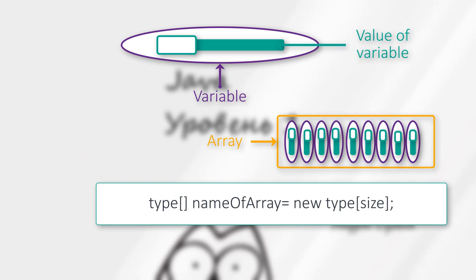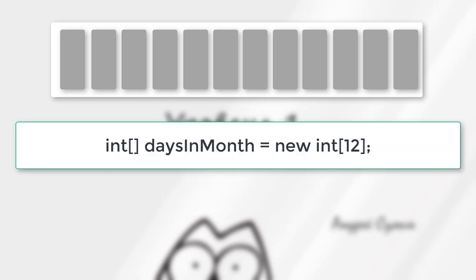Let's say we need an array of storing the number of days in each month. It will be created this way. Int, square brackets, array name, days in month, assign symbol, new, int 12, for the 12 months of a year. Now if we want to put a value into this array, we must address a slot in this array